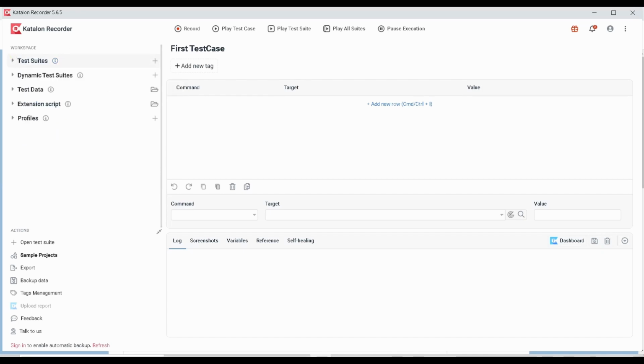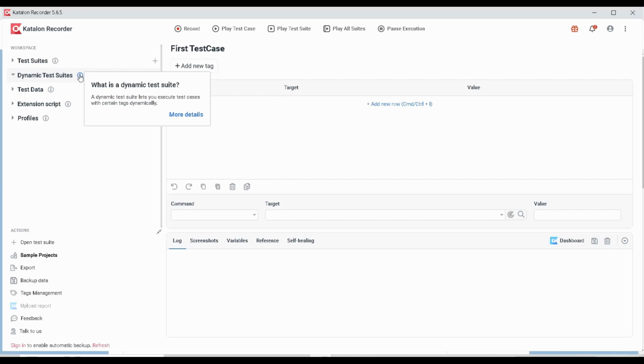Okay, then what is a dynamic test suite and how is it different from a test suite? A dynamic test suite lets you execute test cases with certain tags dynamically. So a normal test suite will help you group your similar kinds of test cases, but a dynamic test suite will help you execute test cases based on some tag value. This tag value you can pass to your test suite and execute it.